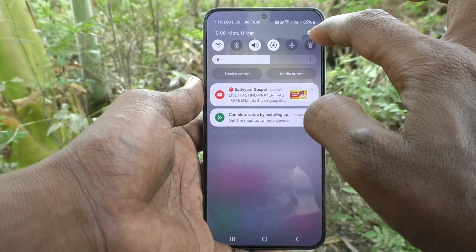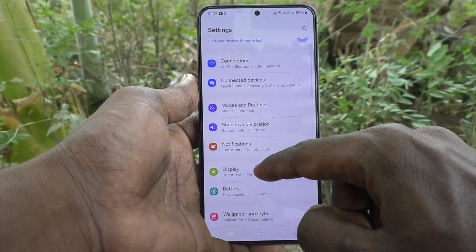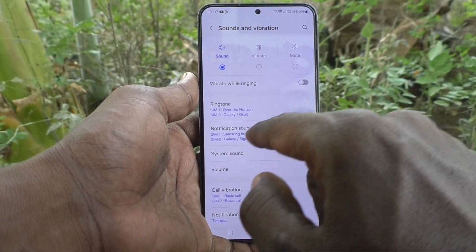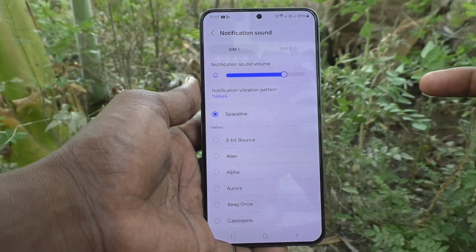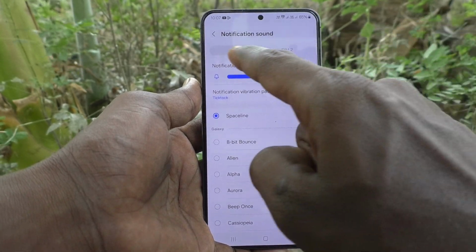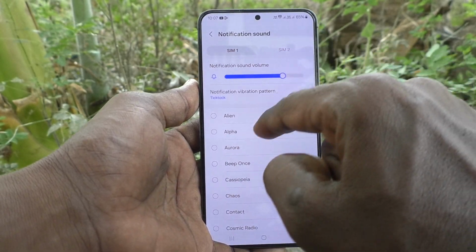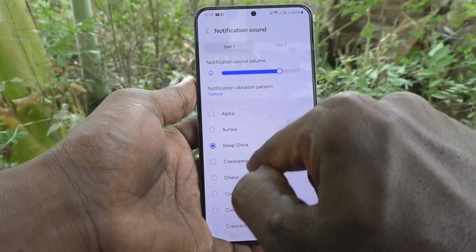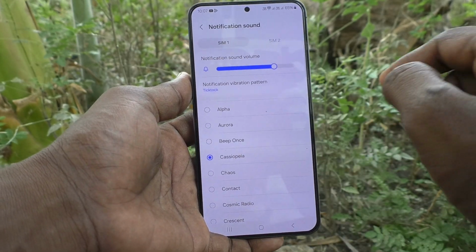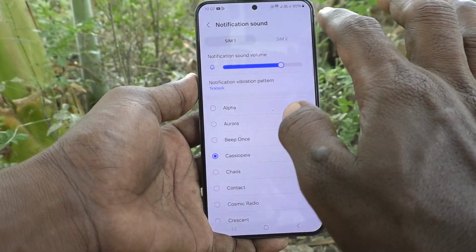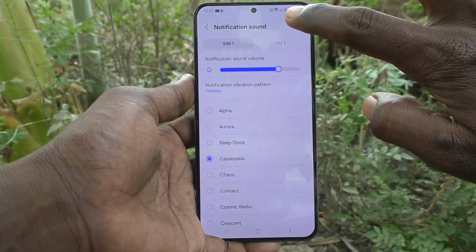First of all, go to the settings of your phone here. Then go to sounds and vibration, and here select notification sound, and here you can select any tone for SIM 1. Okay, first it is defaultly set to SIM 1 and select anyone. Here I select this tone, and to change notification sound for SIM 2, click on SIM 2 here,